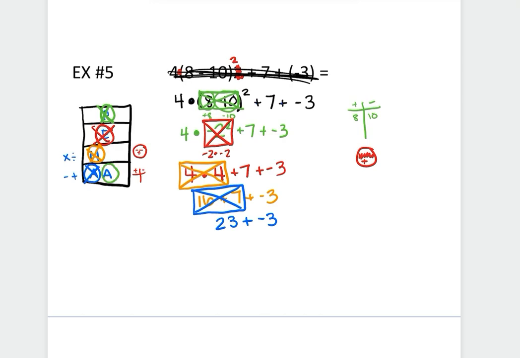All I have is that last step of adding one more time. Now, I cannot just do 23 plus 3 because it has a negative in there. So, when I do this last step, we have to use that table. That's why it's a good thing to put it there. 23 is positive, and then good versus evil, evil wins, so that stays in -3. So I need one more table. Okay, I have a positive and a negative, so different signs subtract. 23 minus 3 is 20, and my positive wins, so it is just positive 20. And then now that we have exponents, we have all of our pieces for our